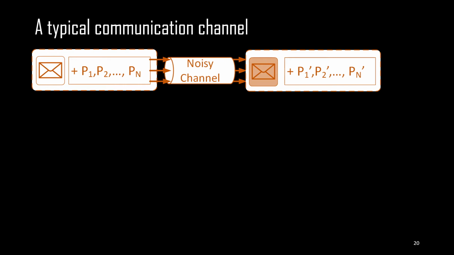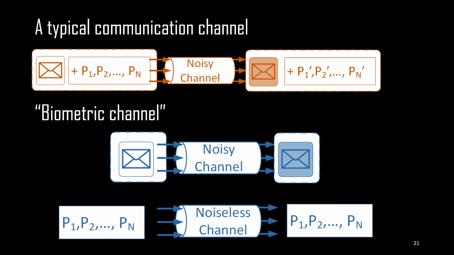The left white box contains raw messages. After channel coding, the parity bits P are attached. The bundle of data goes through a noisy channel and is then received by the receiver to decode. Please note that the message and its parity bits in the right white box are all contaminated by random noise. Different from this communication channel model, in the biometric channel model we call encoding enrollment, and we call decoding probe,